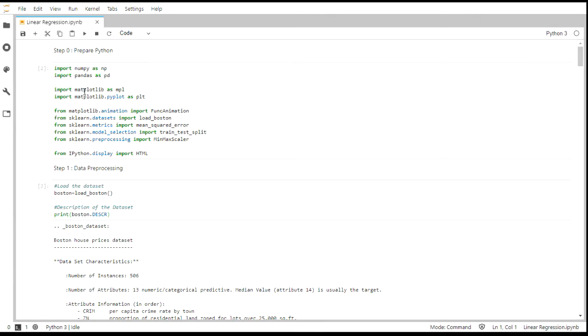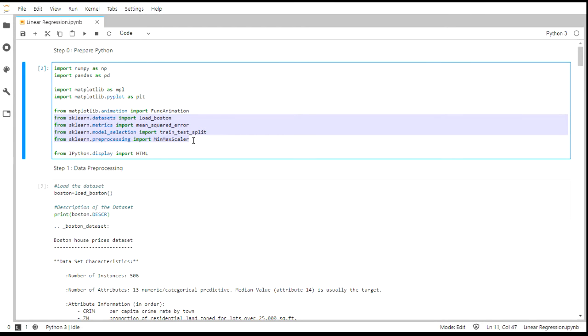Matplotlib is used to plot graphical data and animated graphs in Python. Then sklearn provides us with the Boston data set, and it also gives the mean squared error from which we are going to